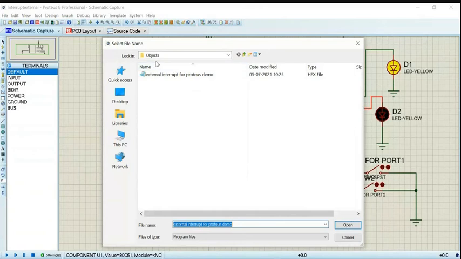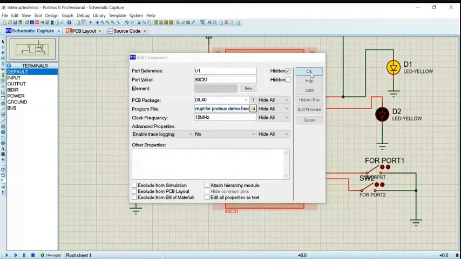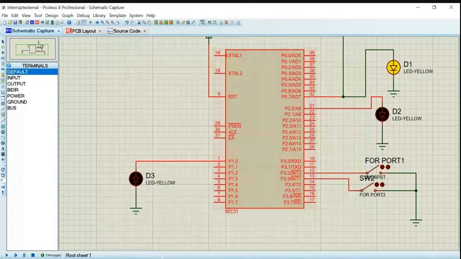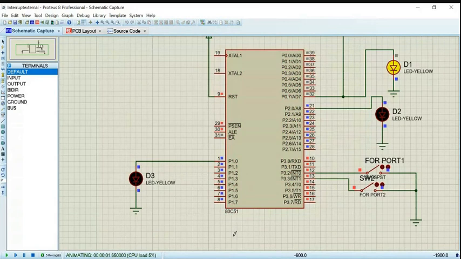By default, the object folder will be created where the hex file is available for us. Open that hex file and say okay. Now run the simulation. So this LED is always turned on.